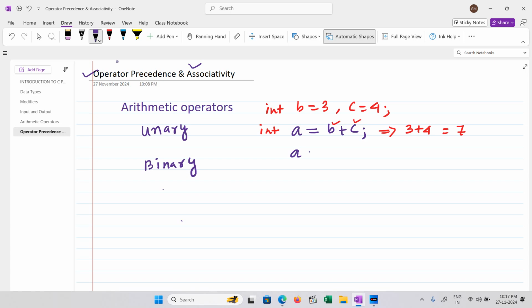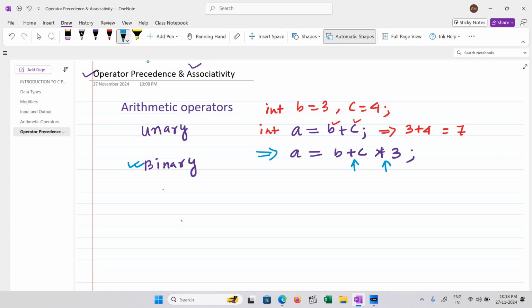But what if I want to calculate A in a different way? Suppose I want A equal to B plus C, multiplied by 3. Now look at this expression carefully. It contains two different binary arithmetic operators, one is addition, another is multiplication. So now the main question is